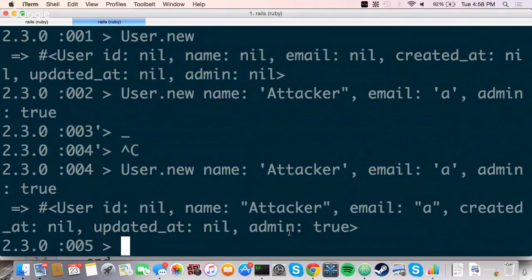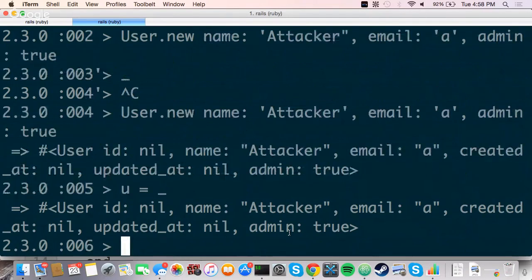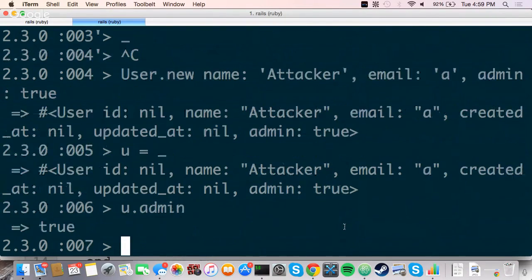So now I have this user. I'm gonna store it in U just to show you. And you see right here that user.admin is now true. U.admin is true, which means that if I let anybody put in whatever data they want, they can actually mess with my application and store themselves as an admin, which isn't